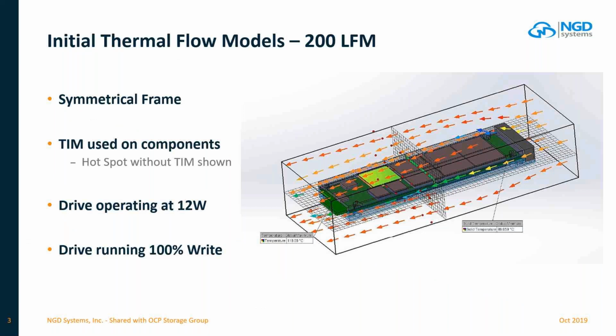So this first one is showing a 200 LFM flow rate. Our drives are running at 12 watts for all of our simulations. That, for our particular solution, is max power draw for this particular drive. We're not looking for the million IOP type solution, but more of the overall aggregate throughput, kind of like what Paul and Bill presented about the fact that when you put multiple drives in a system, you end up IO bound anyway. And so this one's 100% right, and as you can see here,